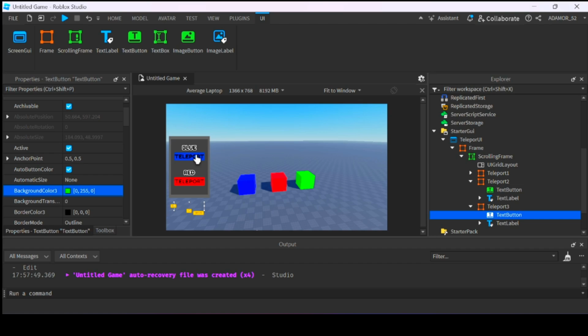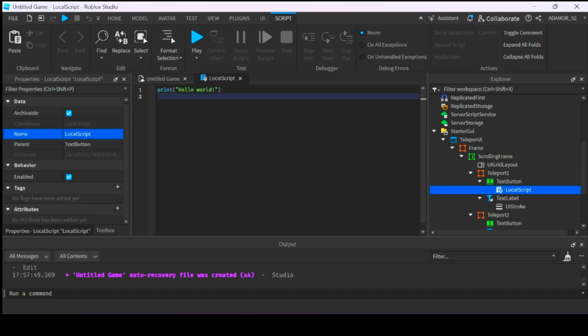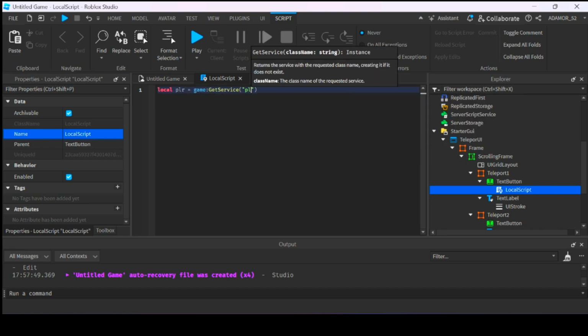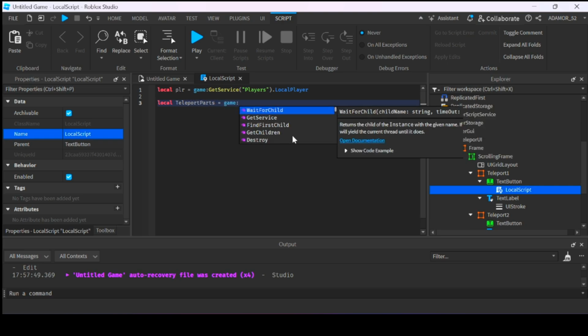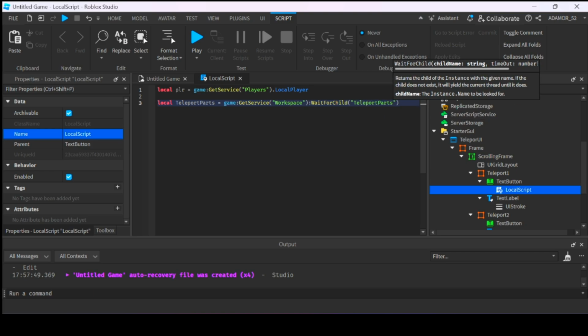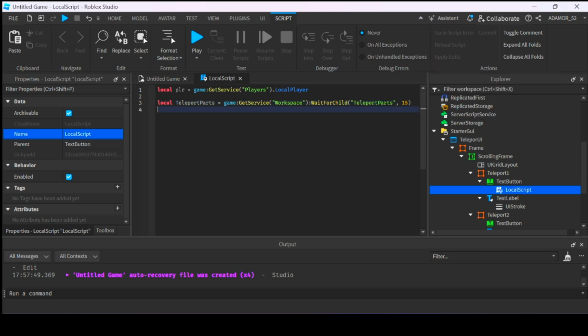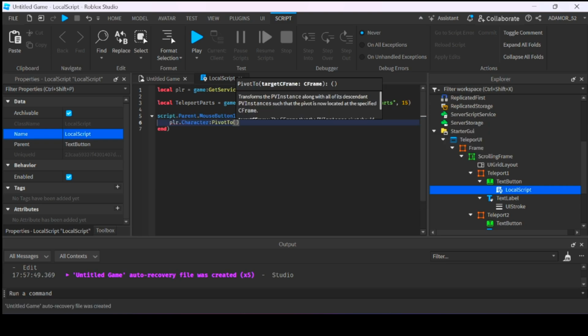And now we can script it, so click on the button, insert a local script. And we will start by getting the player, so local plr equals game:GetService("Players").LocalPlayer, local teleportParts equals game:GetService("Workspace"):WaitForChild("TeleportParts", 15). script.Parent.MouseButton1Click:Connect(function, plr.Character:PivotTo, and then we will do teleportParts